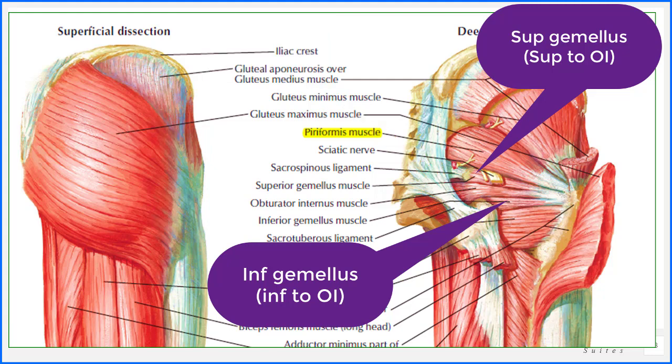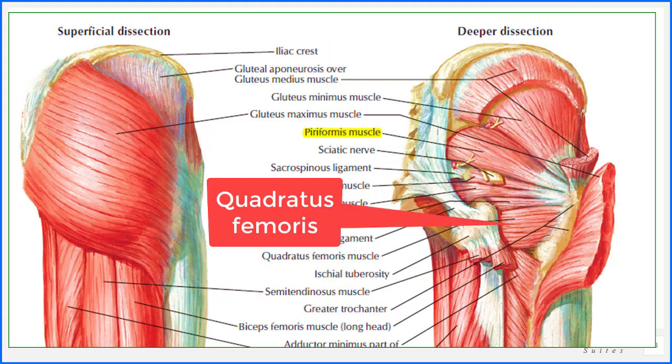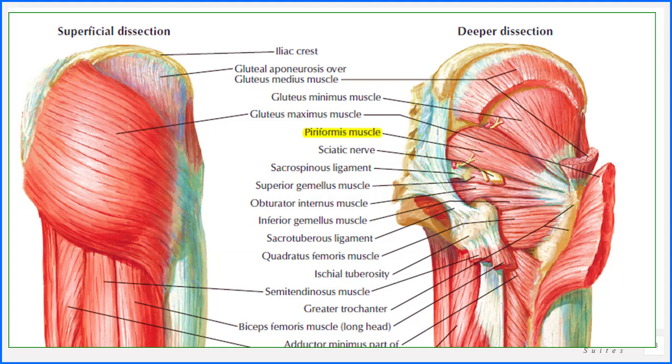So the last muscle of deep dissection is quadratus femoris muscle. Quadratus femoris is a quadrate shaped muscle, and this is located below the inferior gemelli muscle. So dear friends, in the same way we will identify these muscles on a model, in the picture or video that I will show you later on. You can easily identify them if you follow the same sequence as I told you.